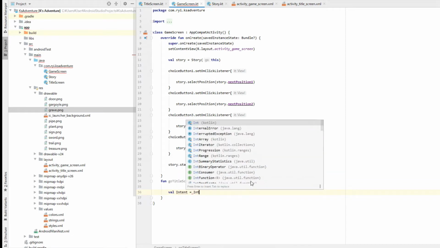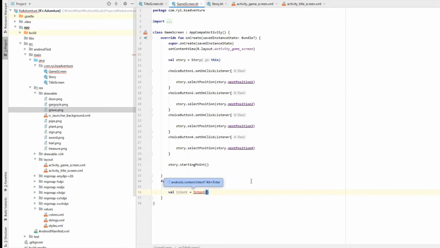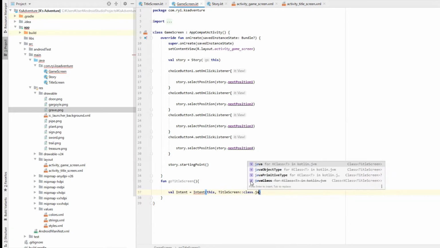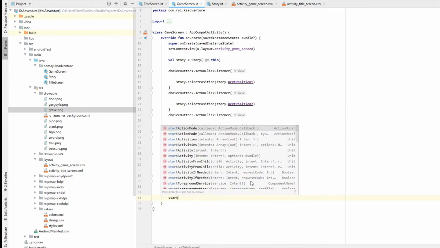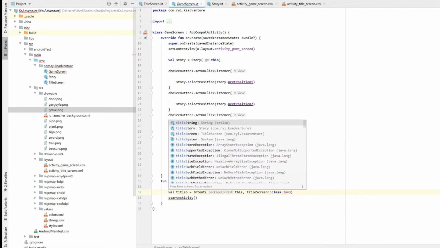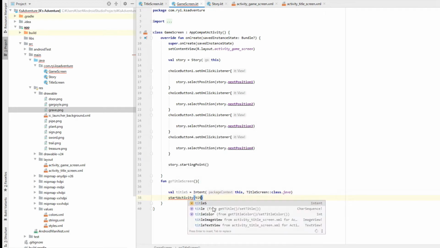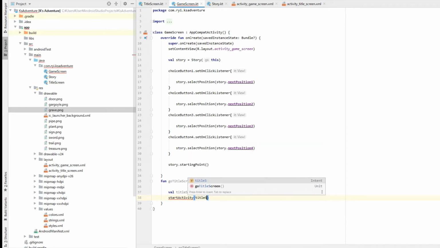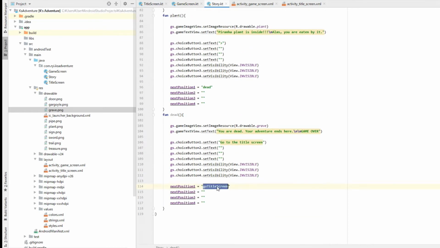equal intent, hold enter, this, and title screen and colon class.java, and start activity, and not intent, sorry, what is it, title screen, title S or whatever, yeah, title S. Okay, and so now we want to call this method, and so since we set this go title screen